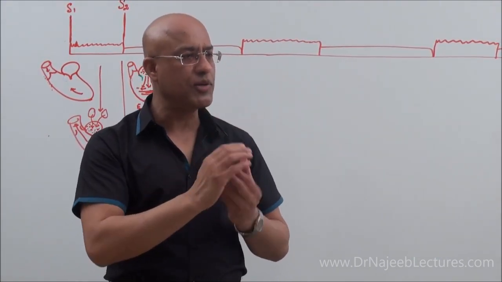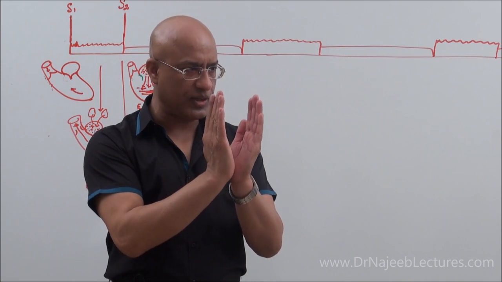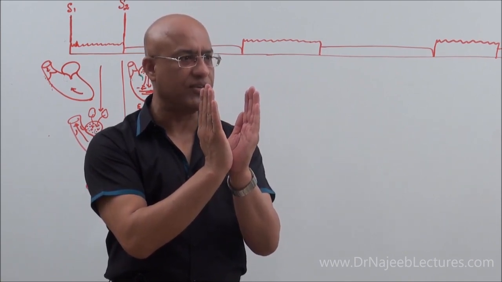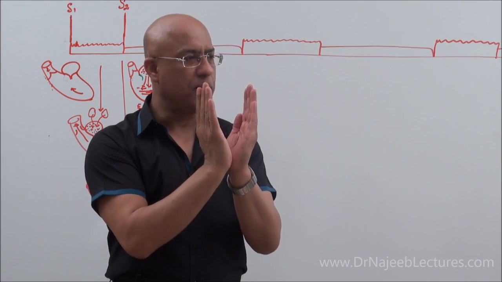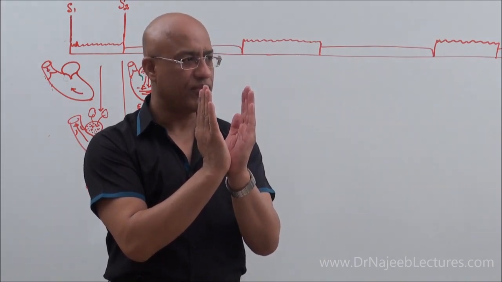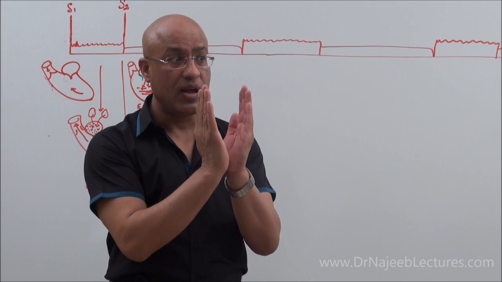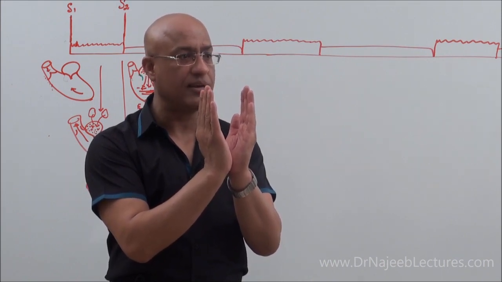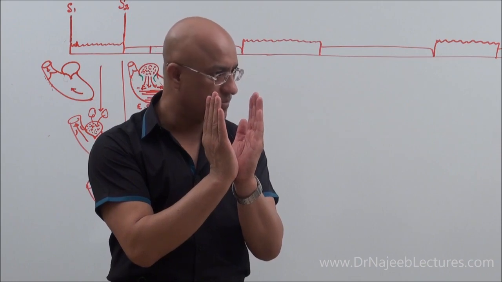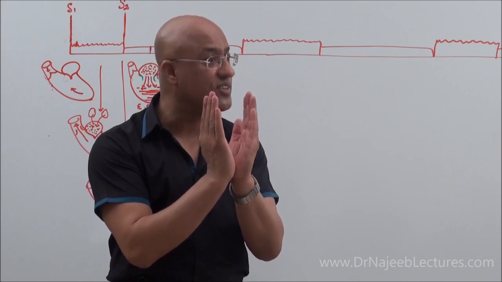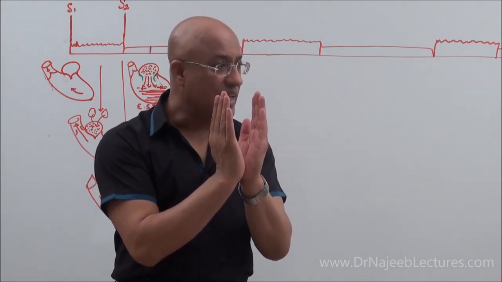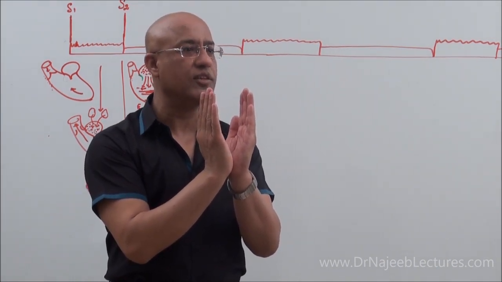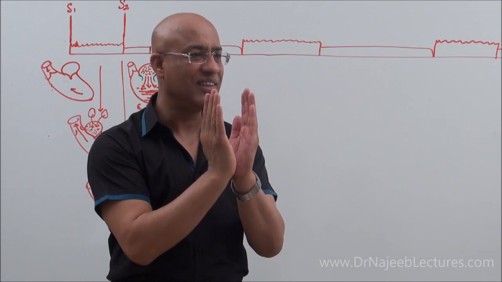This rapid entry of blood gradually distends the ventricle. If by the end of rapid ventricular filling the walls of the ventricle have reached their elastic limit, and they cannot distend further,